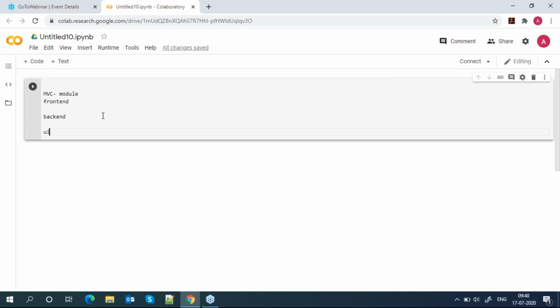Suppose my front end UI has one button where I get all the distinct products. A product may have many duplicate entries, but how do you know how many products are available?